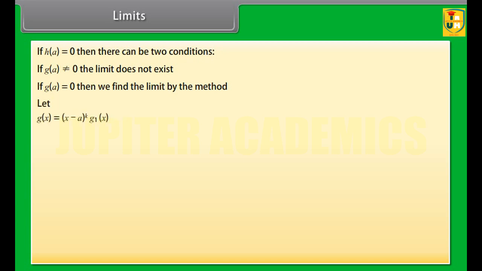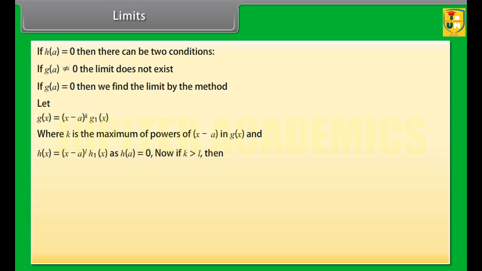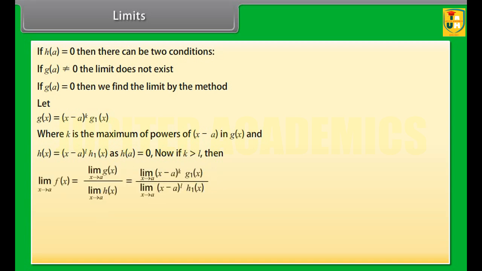Let g(x) = (x − a)^k · g1(x), where k is the maximum power of (x − a) in g(x), and h(x) = (x − a)^l · h1(x), as h(a) = 0. Now if k is greater than l, then limit x tends to a of f(x) is equal to limit x tends to a of g(x) by limit x tends to a of h(x)